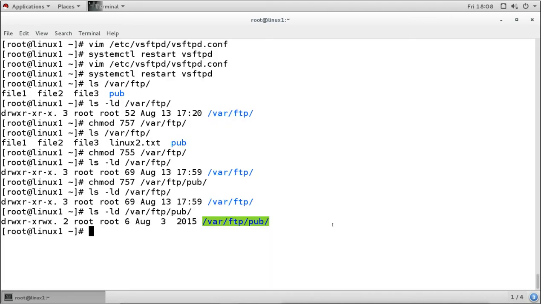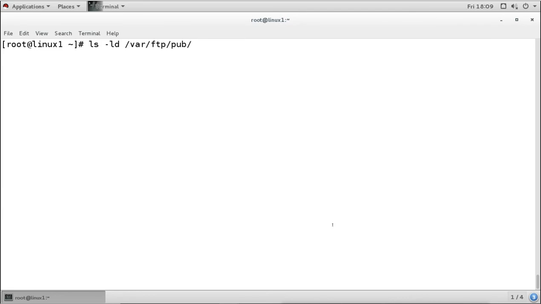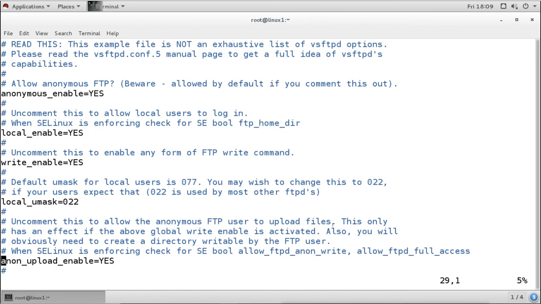So if we want to enable chroot for normal users, we can do it from the configuration file. So I will go to the configuration file again. This time I will disable the anonymous upload, so I comment the line.